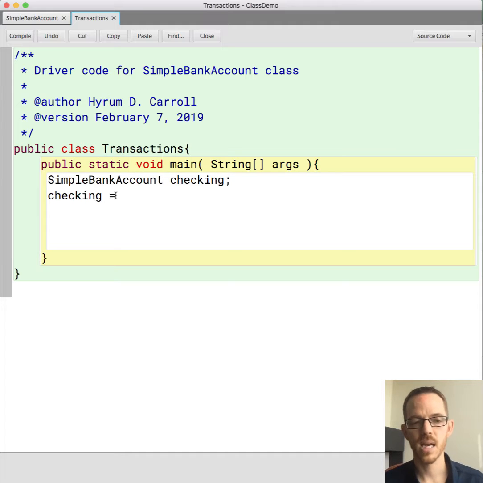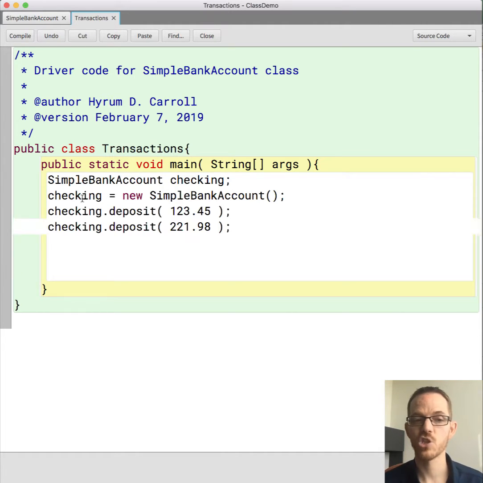To assign it to one, we have checking, then the assignment operator, and we use the new keyword, which calls the constructor, and we specify what type of object we want, then the parentheses and the semicolon. Now we've created an instance of a SimpleBankAccount, and it's being referenced by checking.